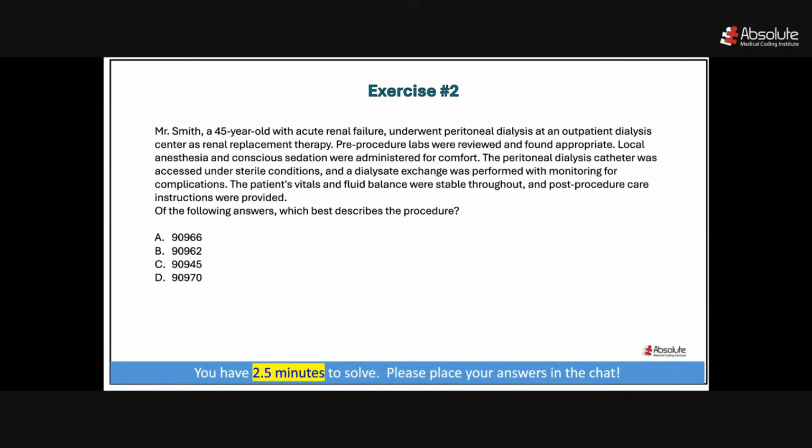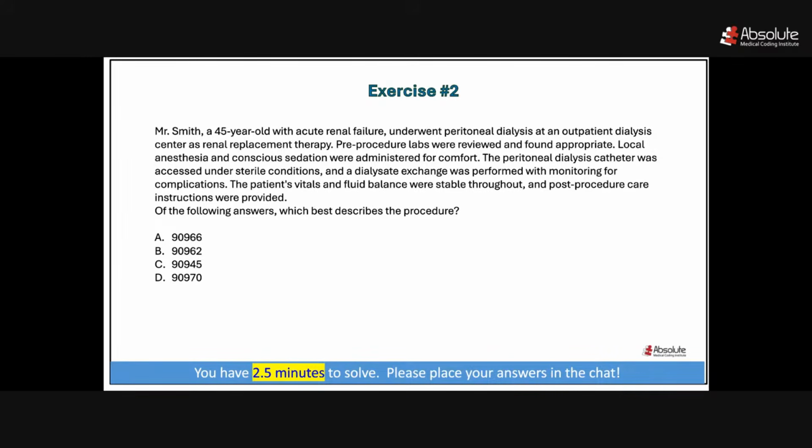Okay, I will read out the last portion of the question first. Of the following answers, which best describe the procedure? We have option A 90966, option B 90962, option C 90945, option D 90970. Mr. Smith,